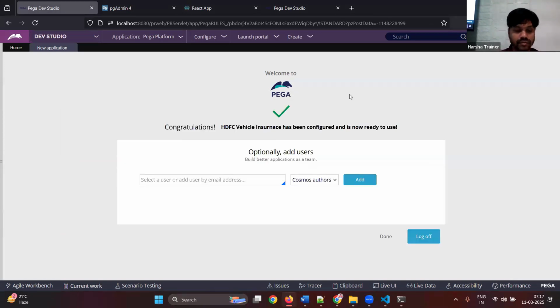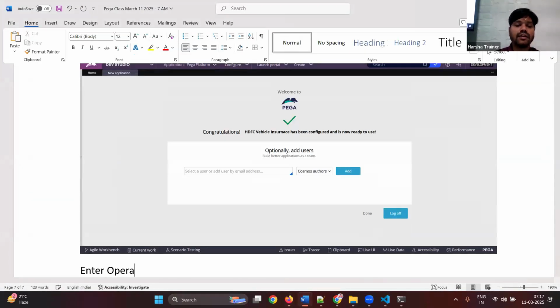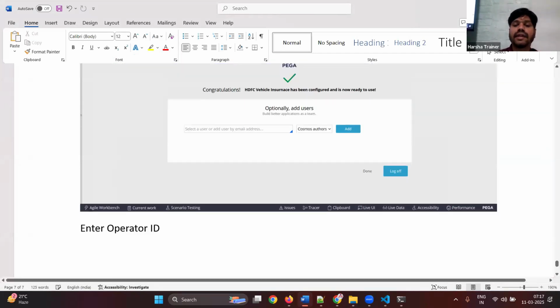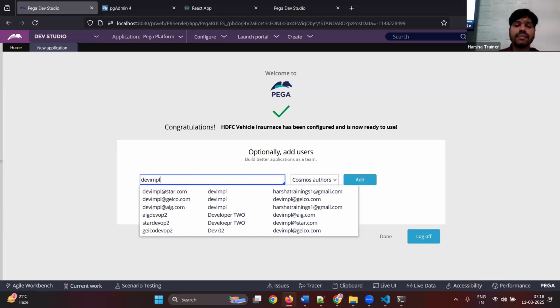Okay, let's see now. Here you go. So enter operator ID here. The operator ID that you are going to enter here can be an already existing operator ID. That is possible. See, you have 100 applications in your system, 100 applications can have the same login. It is possible. But I am not going to follow that practice now. I want a different login for this application compared to framework application. So I will enter a new ID, developer operator ID for implementation application